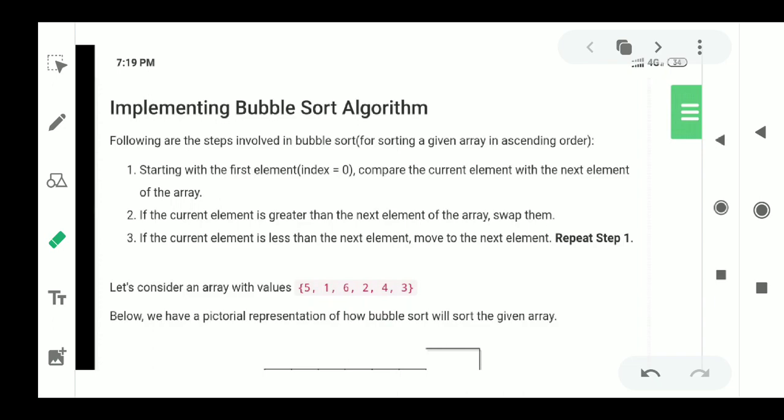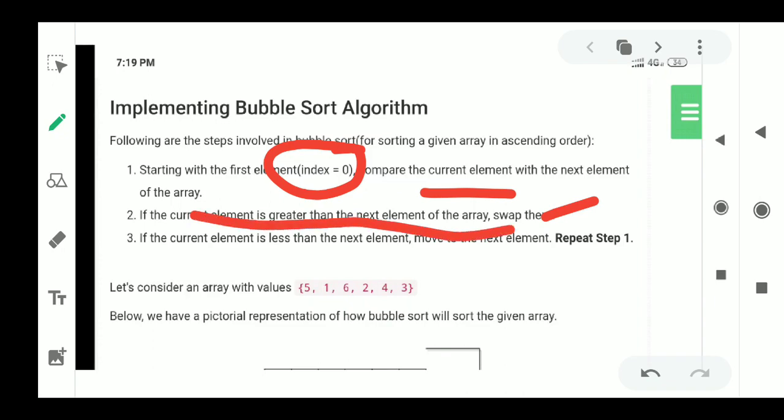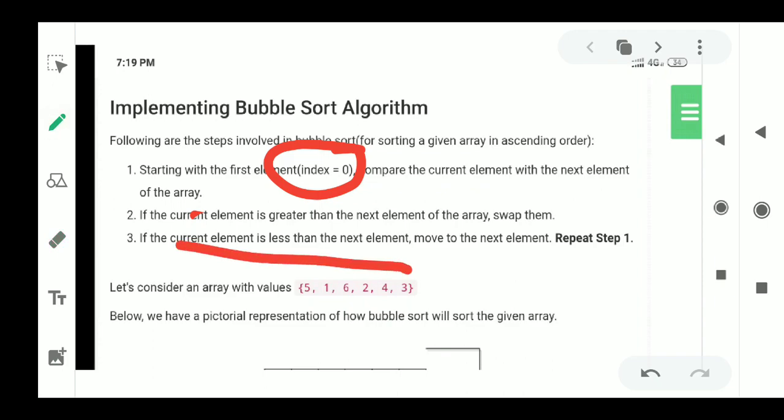If they are not in the order, see, we are considering index equal to 0 as the current element. The next element, which is index value 1, will be the next element. If the current element is greater than the next element of the array, then we will swap them. If the current element is lesser than the next element, move to the next element, repeat step 1.